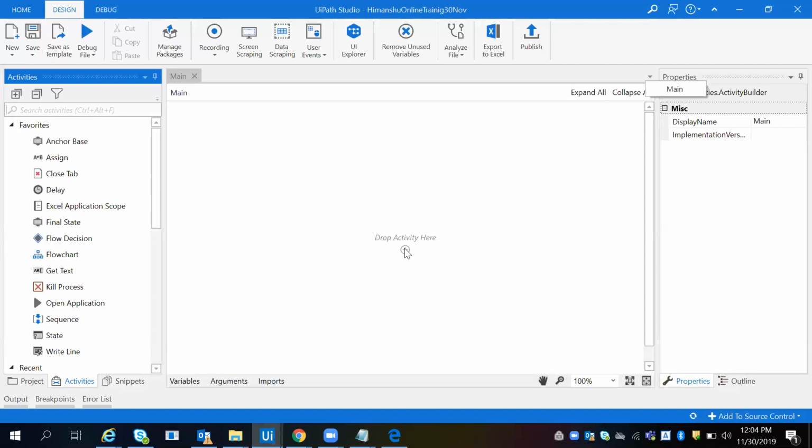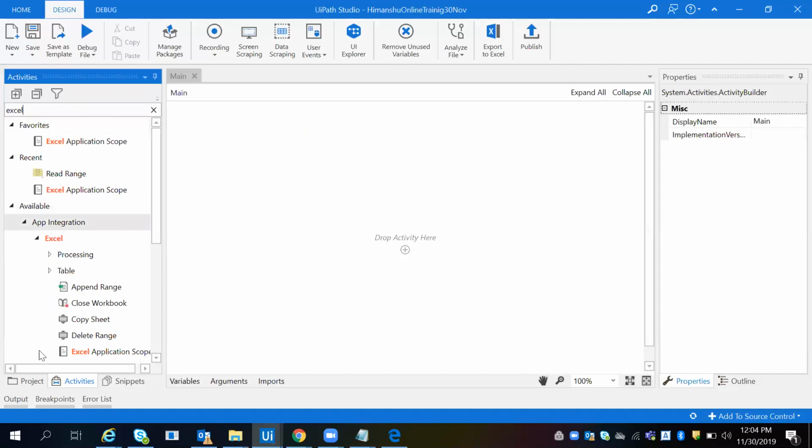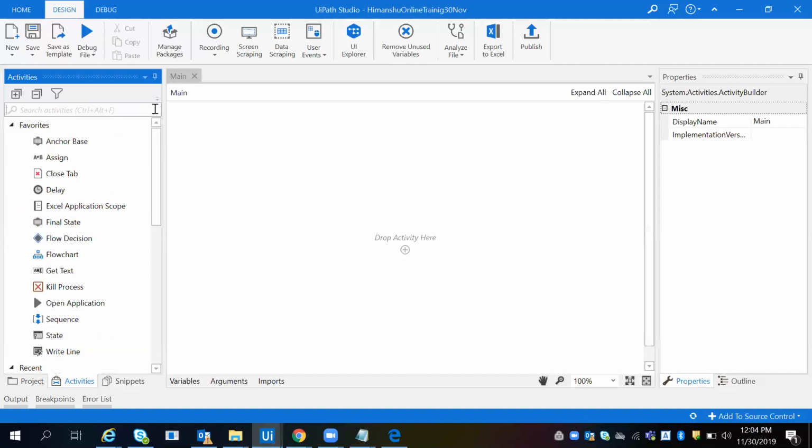If you want to perform any activity you have to go through activity panel. So for every Excel automation, for each and every thing you have to go through this activity panel. Without activity you cannot automate any process. Every time you have to take from this activity panel, like your Excel, your PDF, your notepad automation, your database, every activity you have to take from here.